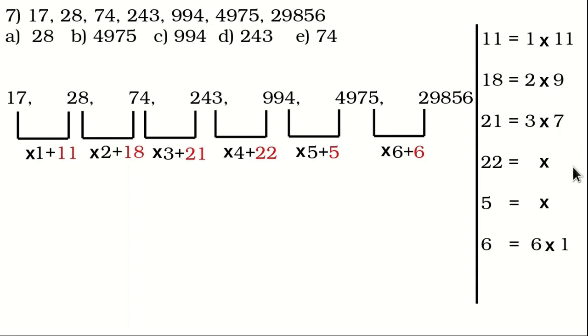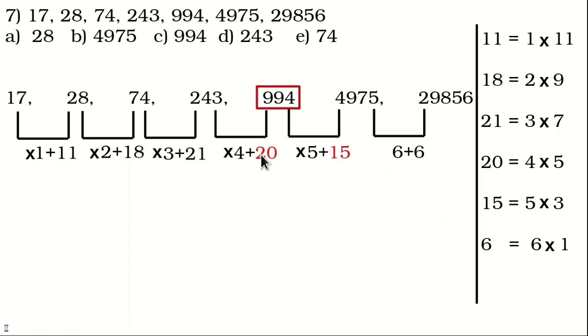What about these numbers now? 11, 9, 7 are odd numbers. 11 minus 2 is 9. 9 minus 2 is 7. So it should be 5, 3 and 1. So I can definitely say that this logic will work. So we have to find these two numbers now. As this is 22 and this is 5, without calculating anything, I can definitely say that this is the wrong number in the given series. But still, let us try to find this one now. So when this is 3, now this number should be 4 and this number should be 5. So you should be given 20 instead of 22 here. As this is 5 and this is 3, you should be given 15 instead of 5.